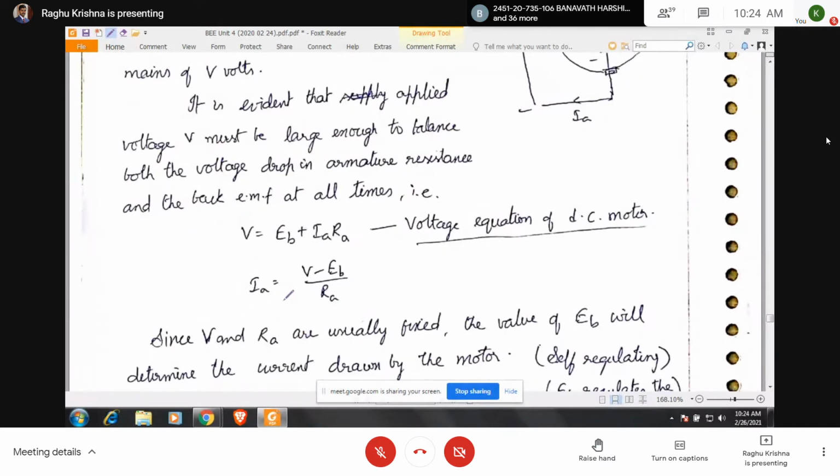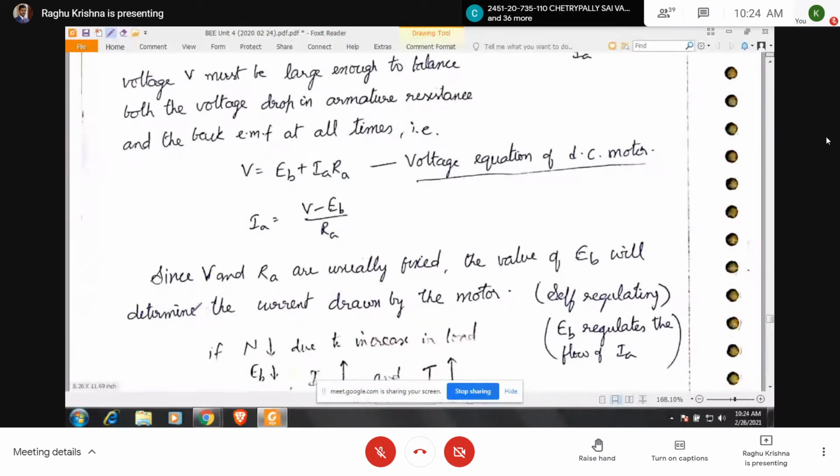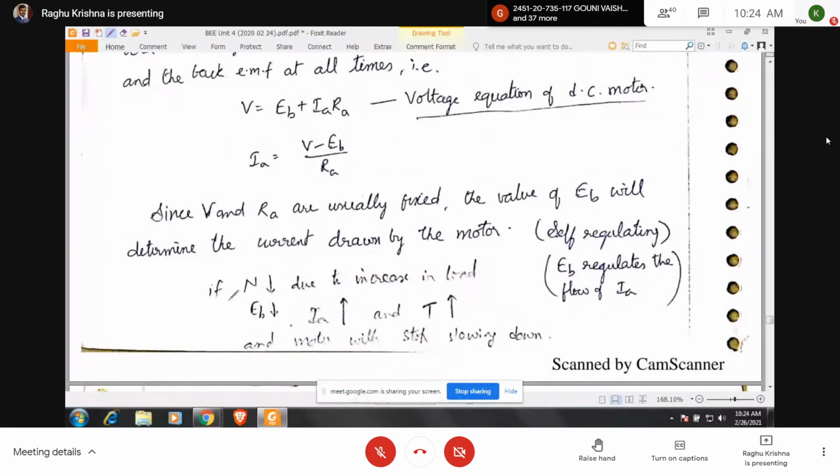So Ia you can write like this. Now here, since V and Ra are usually fixed, V is the applied voltage, it will be constant. Ra is the armature resistance, it is fixed. The value of EB will determine the current drawn by the motor. Now here one more thing, if N decreases due to increase in load, so here if you have a motor and to the motor shaft, if you apply some load, so then speed